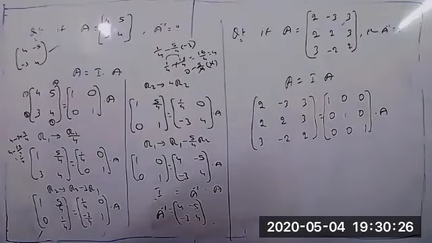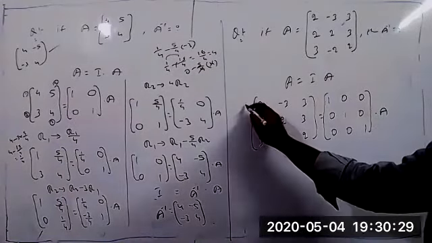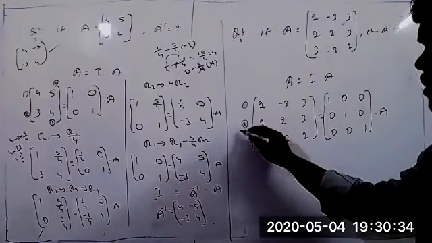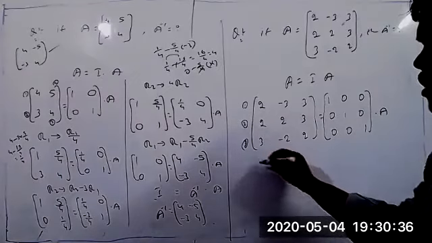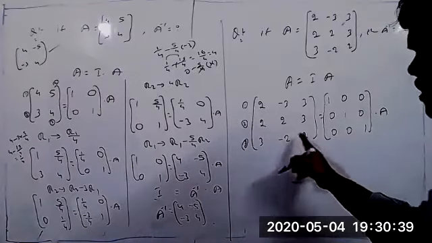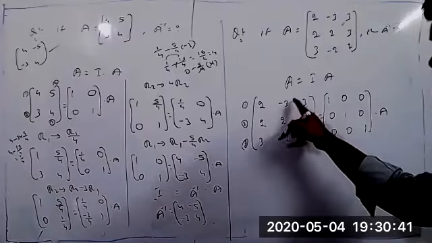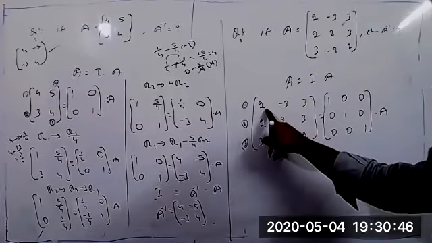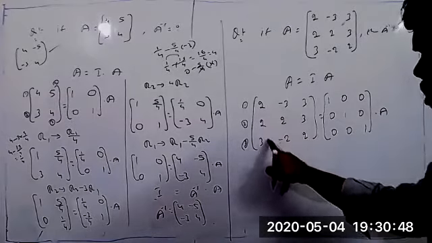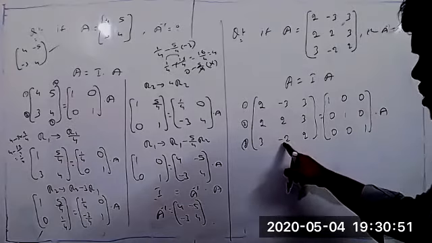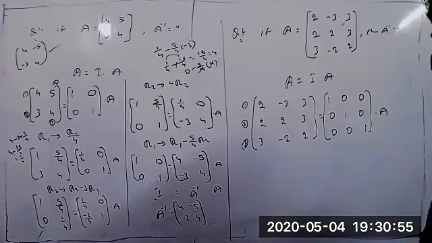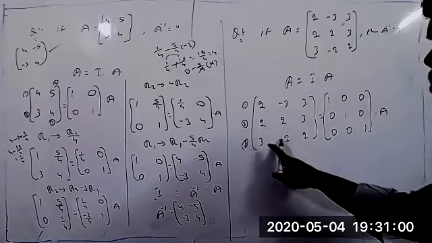Okay. So here also you can follow the order now. First we change this element compulsorily, then the second, the third, the fourth, the fifth, like this. Follow the same order. Because here we have to get 1, and these 3 elements are 0. Suppose these 3 elements are 0, then any operation you apply, multiplying by any factor, you obviously get 0. That is the main reason we first convert these elements into zeros.